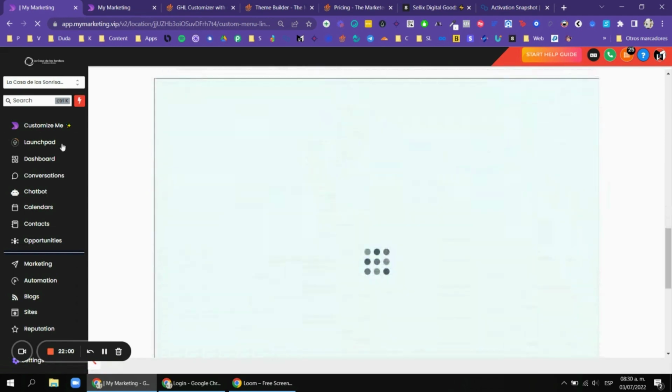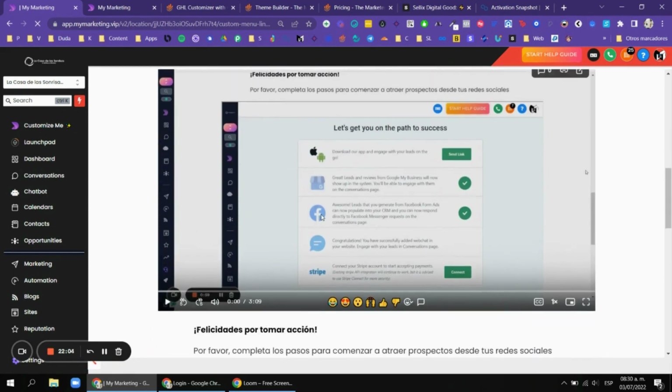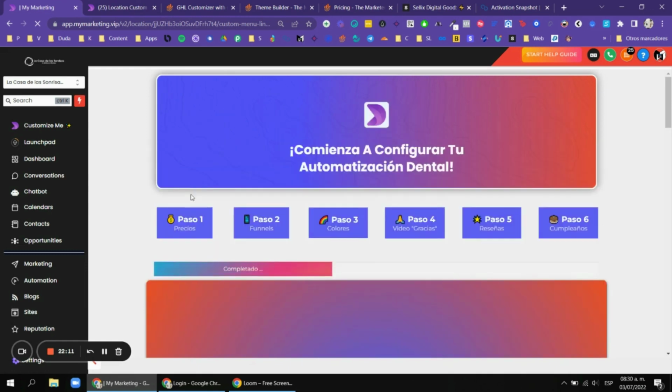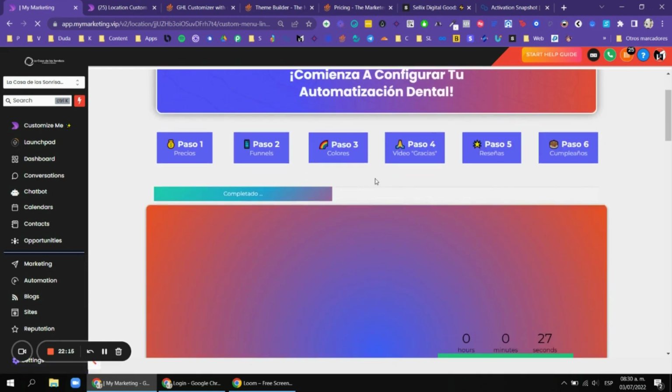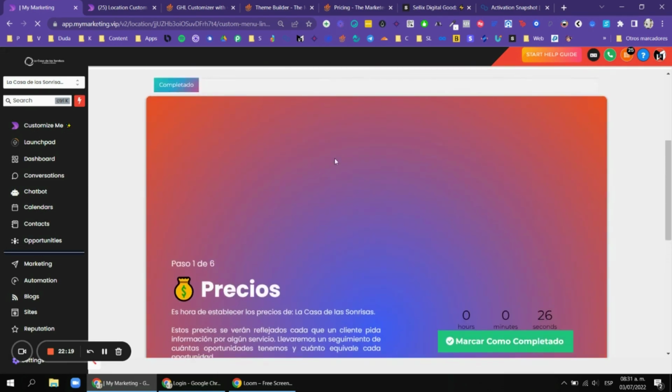Okay, so and customize all of the software. For example, I have one video here that gives them a quick overview of the high level software, and then if they go to colors, there are going to be different funnels. Okay, let me go to step one of the prices. There's a video, and they have to understand how to set up the prices, and this is actually the lead